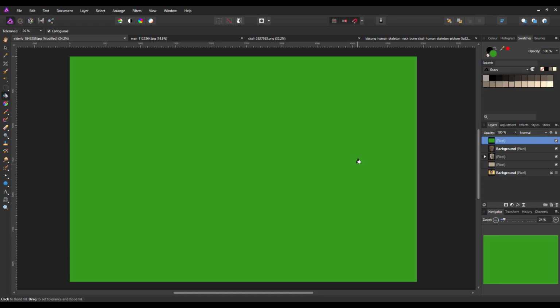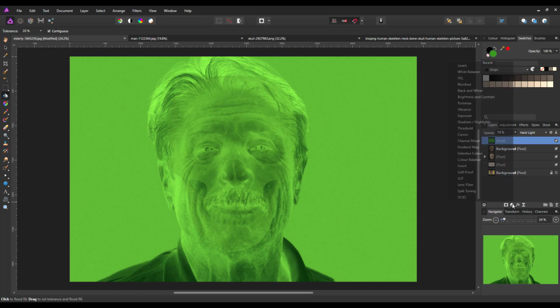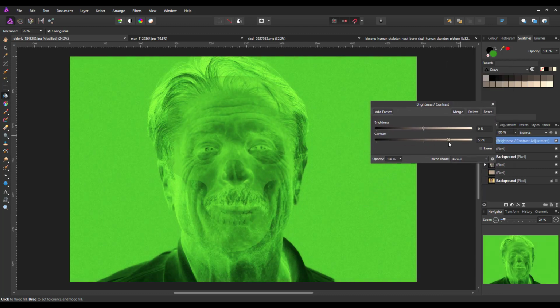that solid, and then it's just a case of changing the blend mode to, I believe it was hard light he picked. So again, you could always reduce the opacity of that green. So it's like that. That's about 80%. You could, if you then wanted to, add a brightness and contrast adjustment, and then you could make that brighter, a bit darker, depending on what you want to achieve